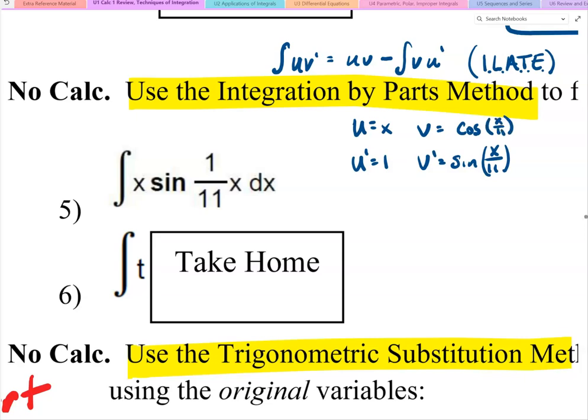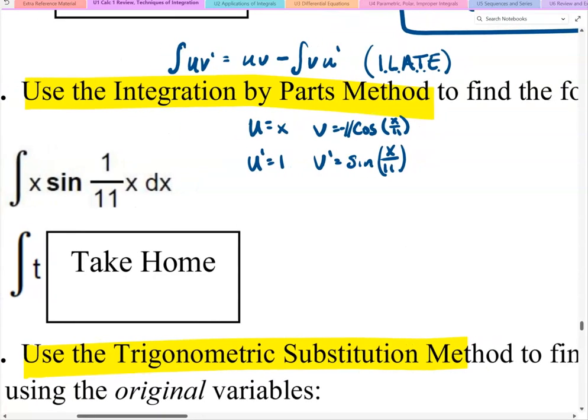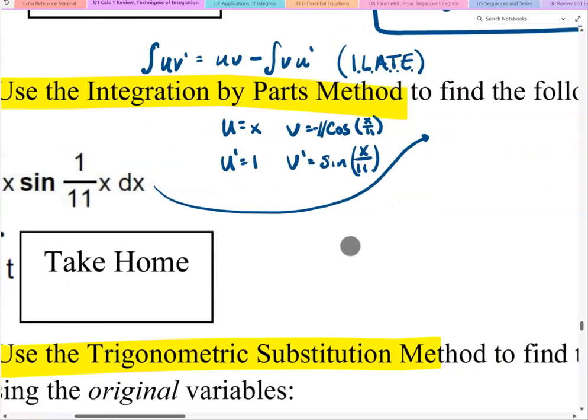Now this does take a little bit of thinking here. The antiderivative of sine is negative cosine, and the fact that we've got this 1/11th multiplier on the inside, we have to counteract that. So I'm going to put a coefficient of 11 in front of this cosine. So with that prep work done, we can now state by the integration by parts that this original integral is